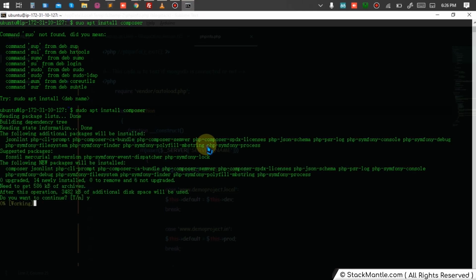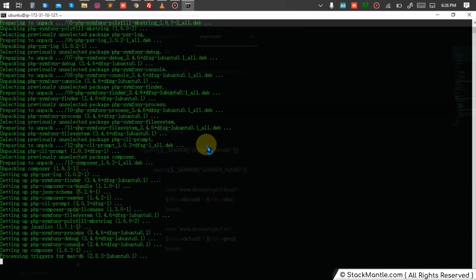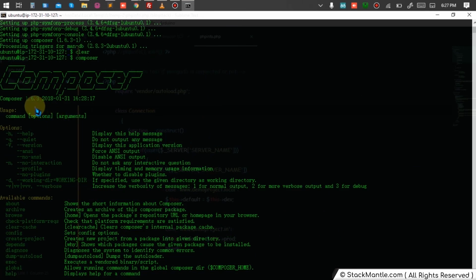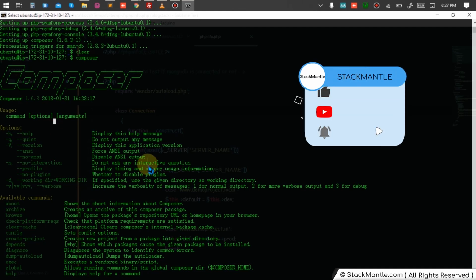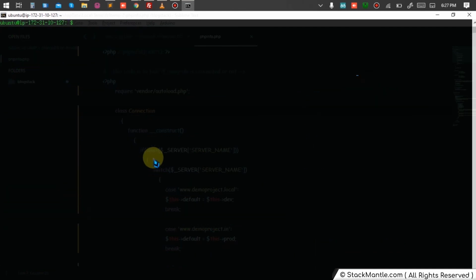Okay, so we are installing it and it's getting installed. Let's wait for a couple of seconds, and it's installed. So let's see, and yeah, we have the Composer install of 1.6.3. So I'm not gonna do anything more else, and I'm just gonna move on to checking if my MongoDB client is installed and my command is running well.